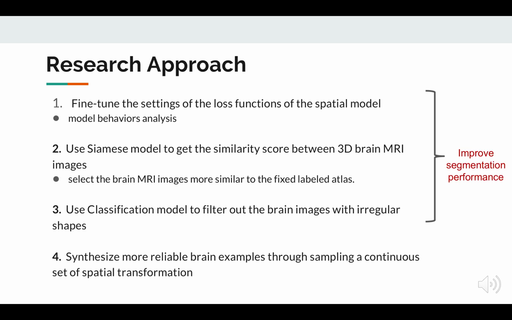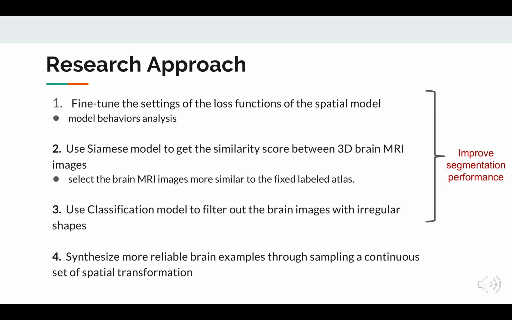For improving segmentation performance, we have done 3 experiments. Firstly, we fine-tune the settings of the loss functions of the spatial model. Secondly, we implement a Siamese model to get the similarity score between 3D brain MRI images. By doing that, we select the brain MRI which are more similar to the fixed label atlas. Thirdly, we implement a classification model to filter out the brain images with irregular shapes. Other than that, we also did an experiment to synthesize more reliable brain examples by sampling a continuous set of